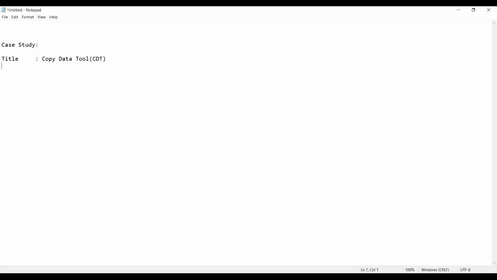The title of the case study is Copy Data Tool. In short, we call it the CDT, Copy Data Tool. Where the specifications I'm writing, so guys, as per this, the specifications are